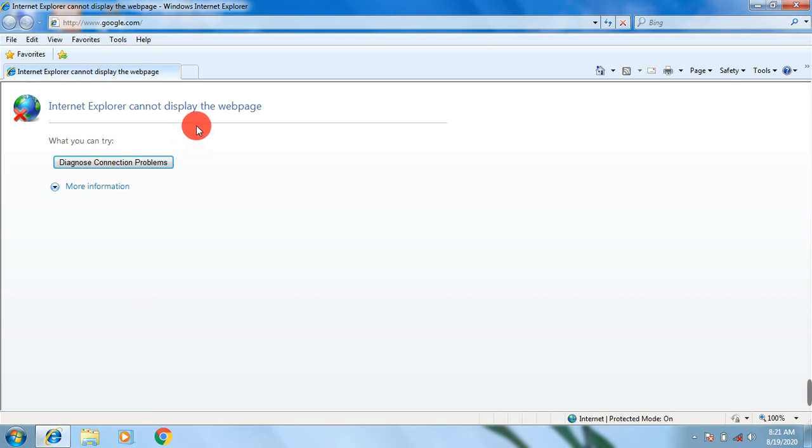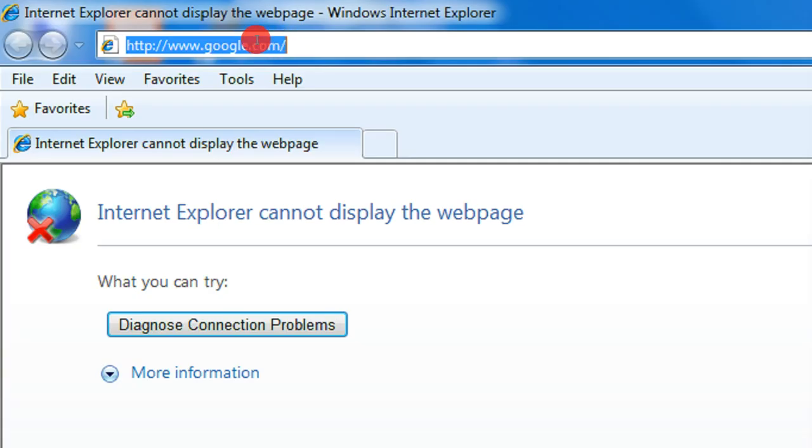Whenever your computer is not connected with the internet, this window will appear something like this. Here you can see Internet Explorer cannot display the web page. Here you can find my default home page is www.google.com.